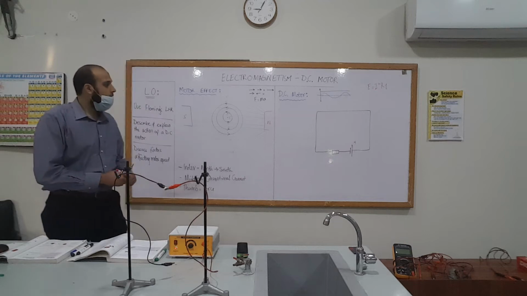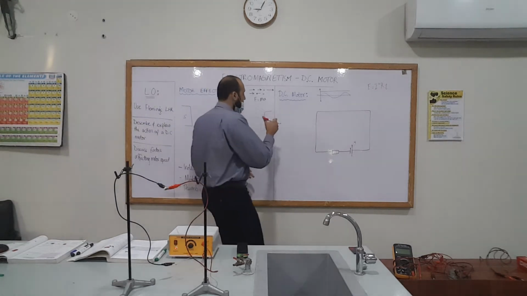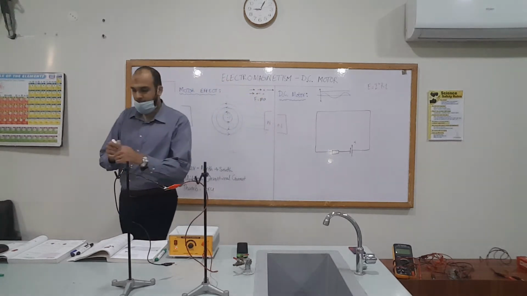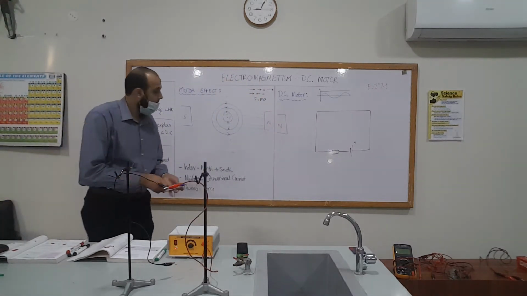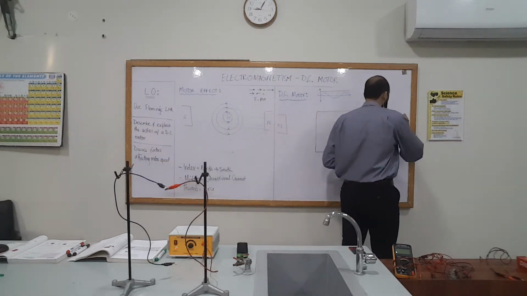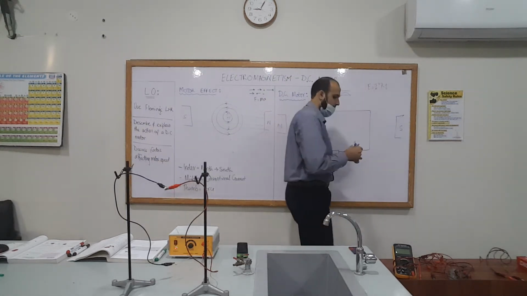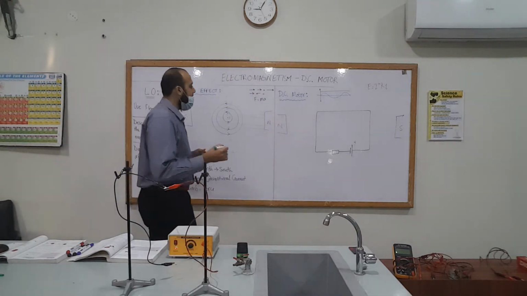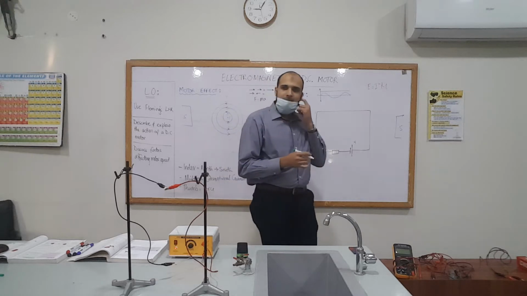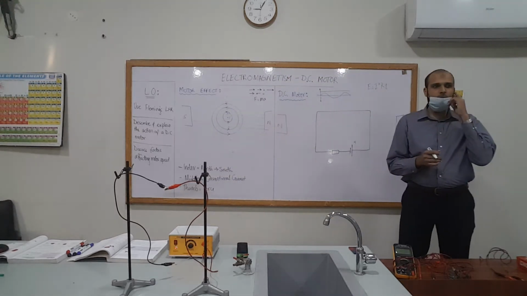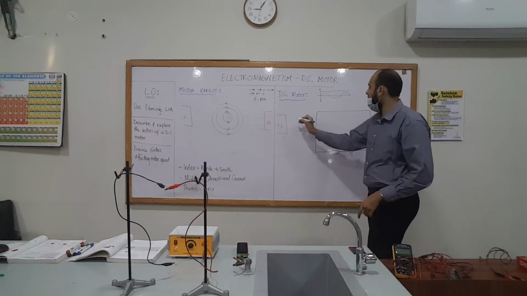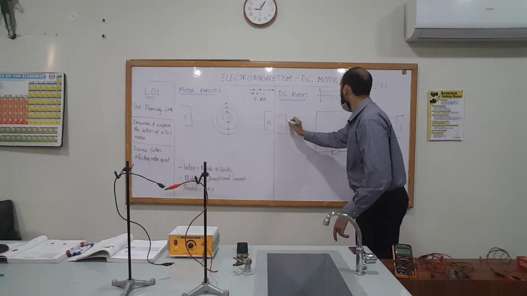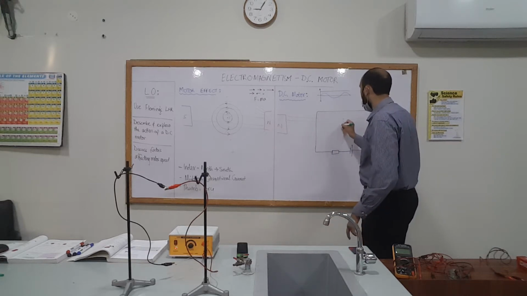Now, if I introduce an external magnet around this wire, so I've got a north pole to the left and a south pole to the right. There should be a magnetic field that goes across, right? So where does the magnetic field go from? Where does it go to? So it needs to go from north to south, right? So here are some magnetic field lines.